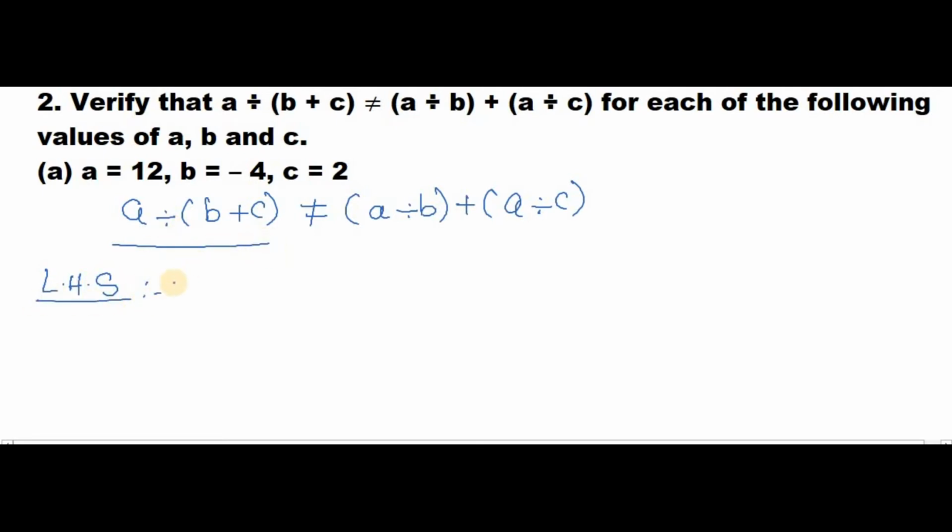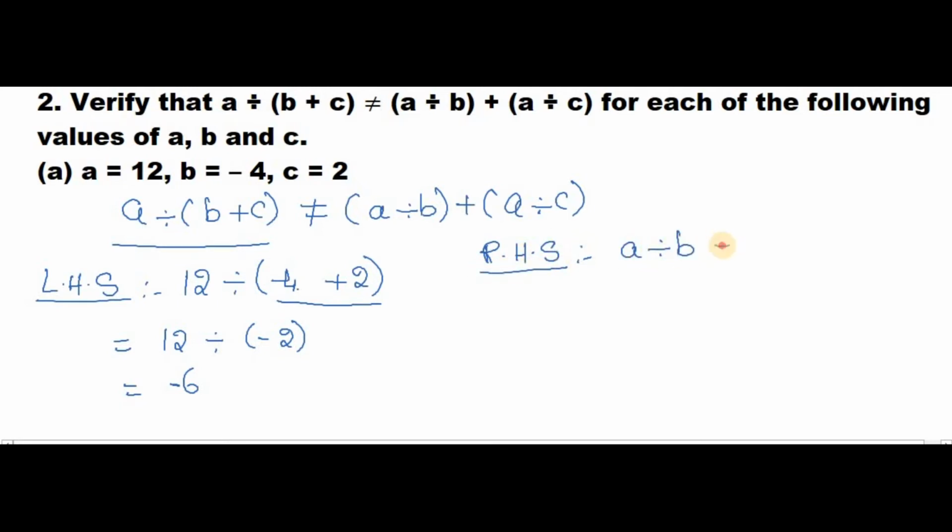Now, in place of a, b, c, whatever value is given, that we will substitute. So in place of a, 12 divided by, in place of b, -4 plus, and the c value is 2. Now first we are going to solve the brackets. So 4 and 2, 4 is the bigger one, and you have a negative symbol, so that is the reason we go for subtraction. 4 minus 2 is 2, and the minus value is big, so -2. In the 2 table, 2 sixes are 12, and the divisor has a minus symbol, so that is the reason we write the minus here. And now coming to the right hand side,